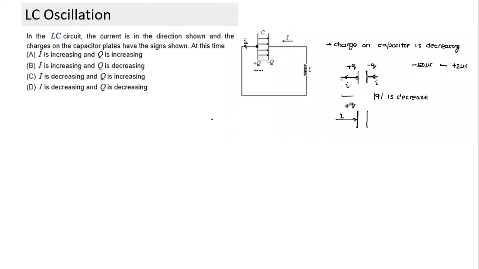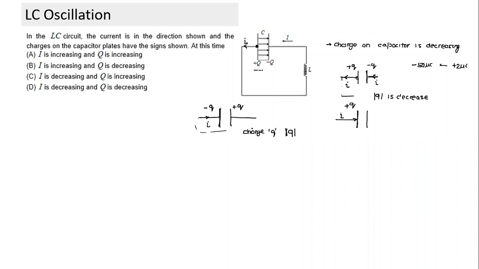I hope all of you understood. Had I given a circuit like this, now the left plate has negative charge and the right plate has positive charge, and current is given like this. Is the charge on the capacitor increasing or decreasing? Can we answer this question? What is happening to the charge on the capacitor? Is it increasing or decreasing? Dishart, is the charge increasing or decreasing? When we say charge on the capacitor, we are actually interested in the magnitude of charge. So how do we find whether it is increasing or decreasing?